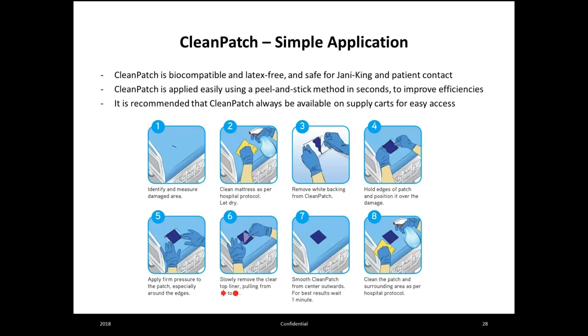Step 5 is apply some nice firm pressure to release the patch from the transparent top layer. Number 6 is slowly remove that clear top layer. You want to pull very gently from the arrow down to the point at this step. And then step 7, you basically smooth it, let it sit for a minute, and then clean again, and you're